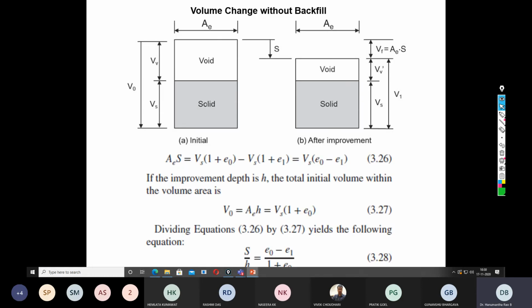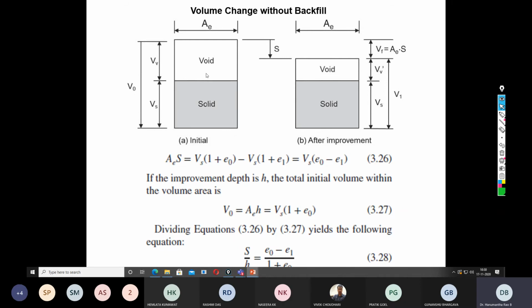So now we are also talking about the change in ratio: how much volume change could happen in reality if vibro compaction is applied to an in situ soil sample. This is a simple understanding. There are two criteria that we did discuss, one with backfill and one without backfill. So how do we calculate the volume change without backfill?